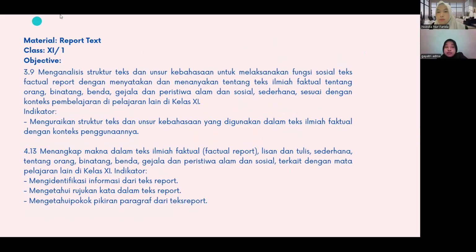Here I choose the material: report text for class 8, and the objective of the material is this one: analisis struktur teks dan unsur kebahasaan untuk melaksanakan fungsi sosial teks factual report dengan menyatakan dan menanyakan tentang teks ilmiah faktual tentang orang, binatang, benda, gejala, dan peristiwa alam dan sosial secara sederhana sesuai dengan konteks pembelajaran di pelajaran lain